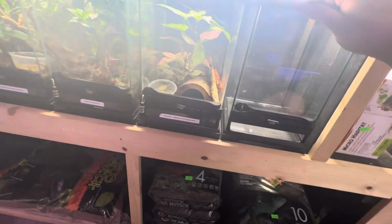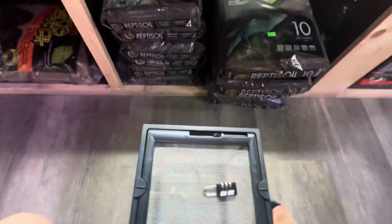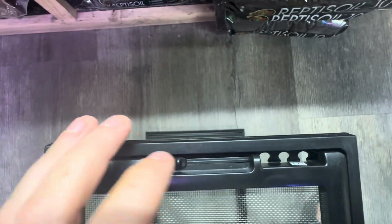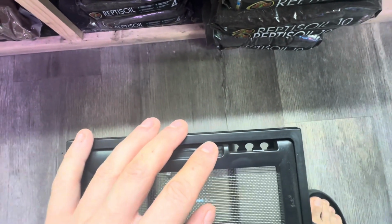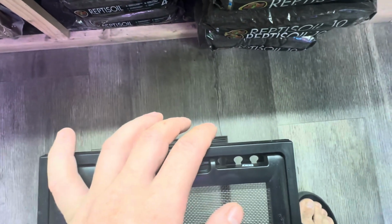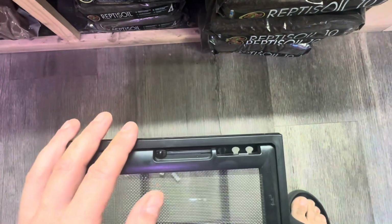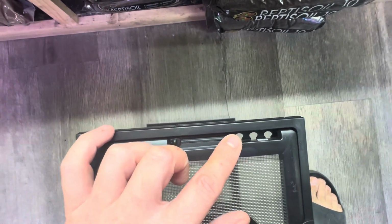The big issue I have, let's see if I can pull this tank out, oh, almost fell, is this right here. Now, this is designed for, let's say you're doing a paludarium or you're running airlines or heat or whatever. This is designed for cords to come up and out from behind the background. There's actually a groove in the back of the background, and you can hide all your cords. That way it's more presentable. Problem with these is you can't put anything baby in here. Baby snakes,